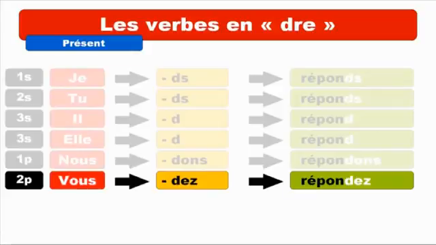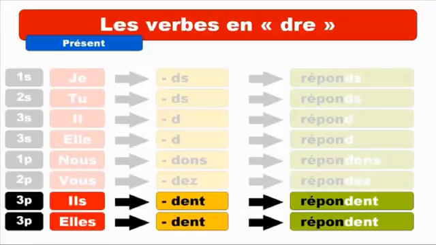For vous, you've got the ending D-E-Z, so you pronounce that D. Okay. Keep in mind that the combination between E and Z at the end of the verb is pronounced like E. Okay. So you get this vous répondez. Repeat. Vous répondez. Okay. And then finally for ils and elles, so masculine form, it's